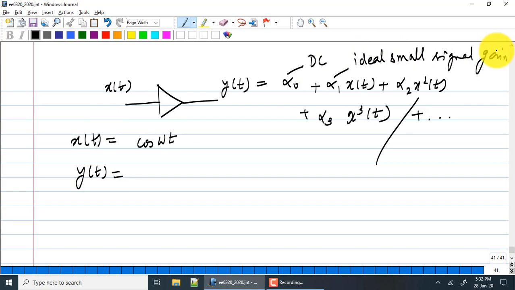Correct? Alpha 1, if x of t was extremely small, I expected only alpha 0 plus alpha 1 x of t. Correct? Okay. In fact, I'll use this also because I'm going to need it. I'll assume input is a cos. Okay. So, alpha 0, alpha 1 a cos omega t plus